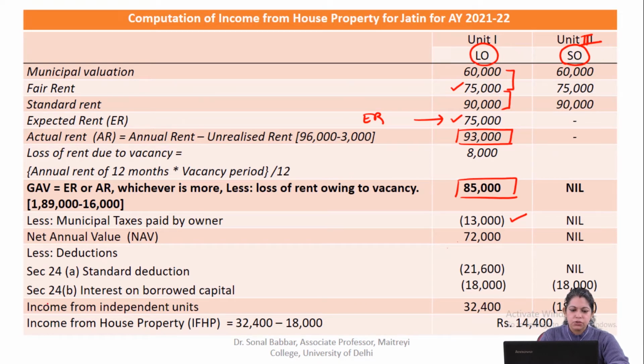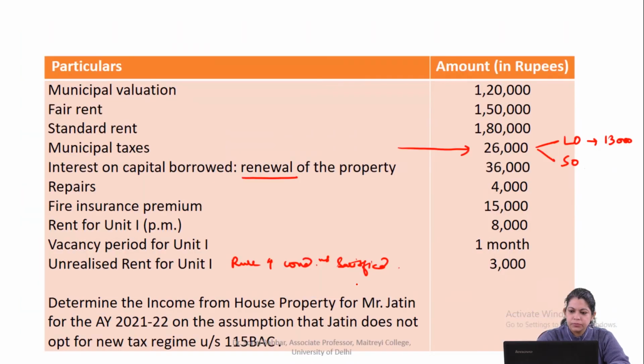We provide for deductions: Section 24(a), standard deduction, and Section 24(b), interest on borrowed capital. The standard deduction is at the rate of 30% of NAV, which comes to 21,600. Since the interest on capital borrowed is given for the renewal of the property, and the amount given is 36,000,